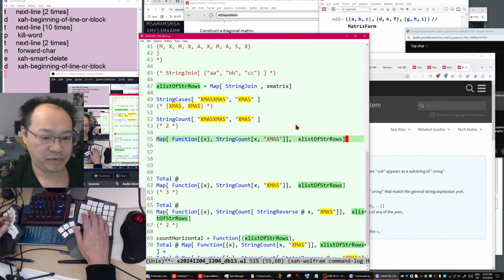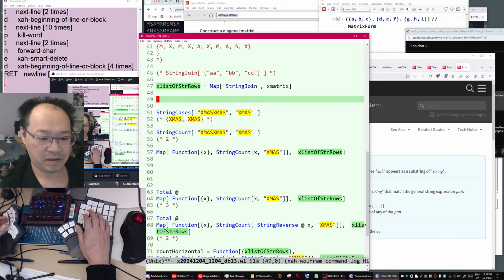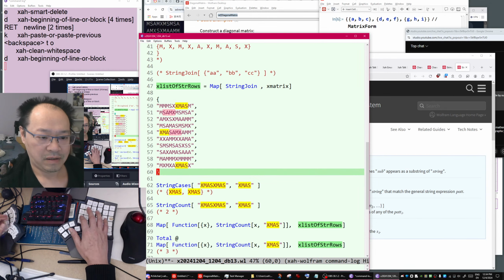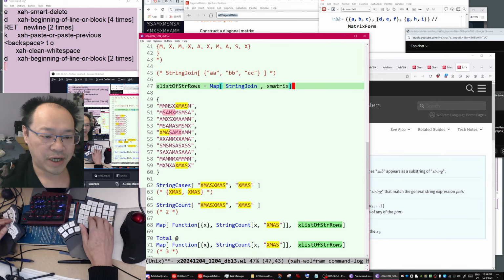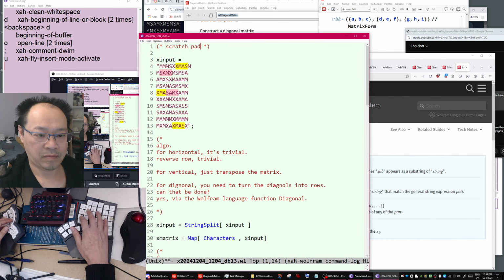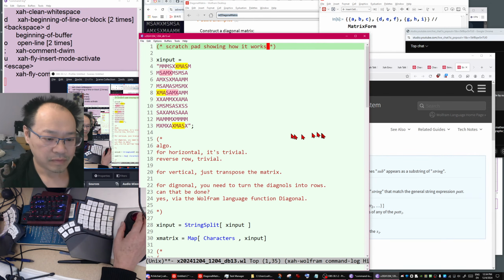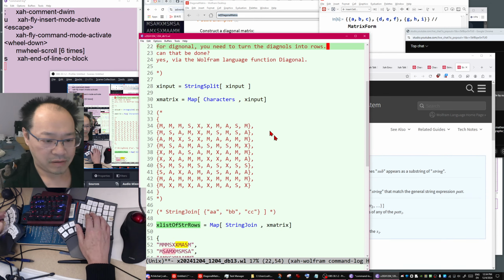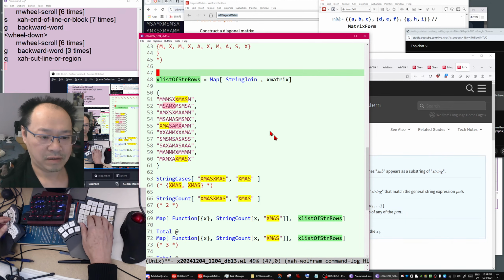In fact, move this here so it's easy to see. Right now this is a scratch pad showing how it works. This is a matrix, then this is string join. We don't need string join.